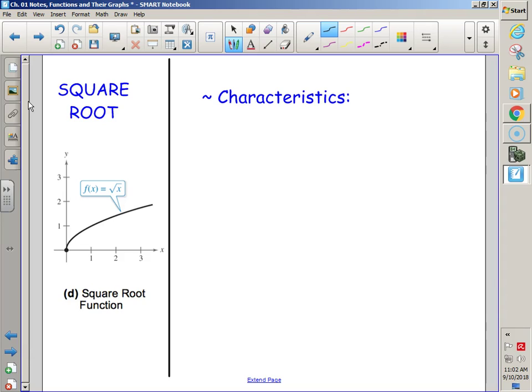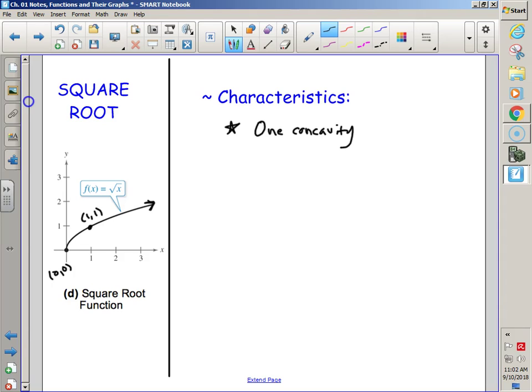It doesn't exactly have a special name for that point. It's not a vertex specifically. It's not a center. It could be an intercept, but it doesn't have to be. It can be shifted all over the place. But I will say that it has just one concavity again. But it never really completes that entire shape, it doesn't act like a parabola. It won't end up going down. The square root function just keeps on going up and up and up. Slowly, to be honest. Having the points of 0, 0,